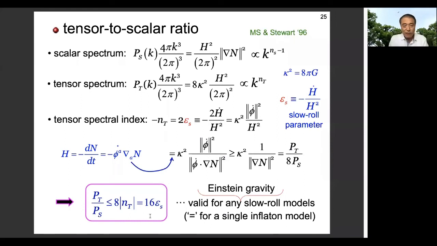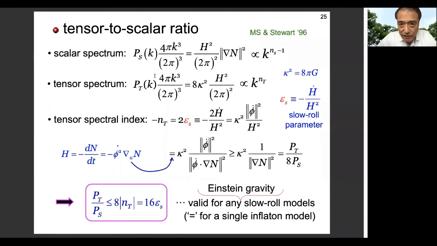And if this is equal, it means that this is a result of a single field slow-roll model. But whenever this inequality is violated, then this tells you that you have more scalar fields. Okay,